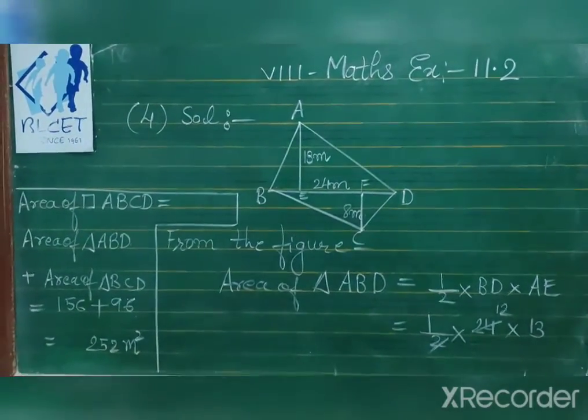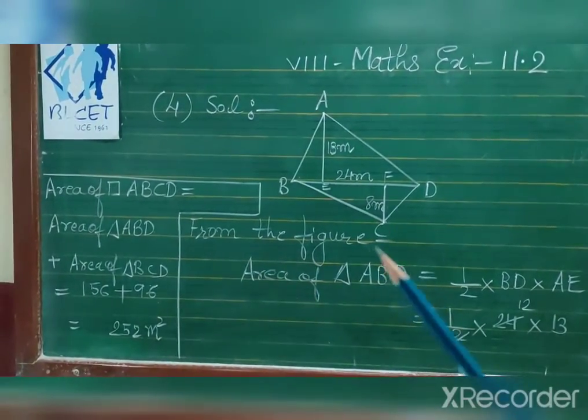So you can see here the diagonal of the quadrilateral shaped field is the diagonal, and perpendiculars. So that means this quadrilateral has been divided into two triangles, and we have to calculate the area of this. So for the two triangles, base is given, so base into height, and we will add, so we will get the answer. Let us start. See here I have drawn the figure.